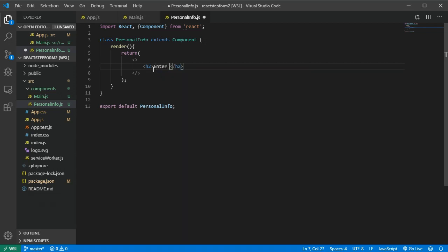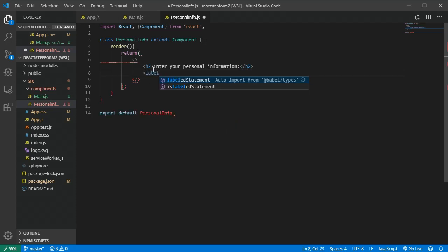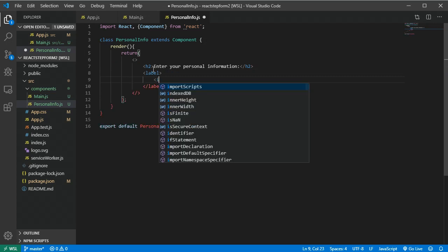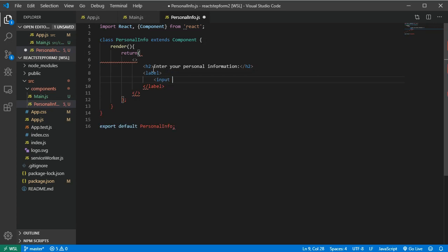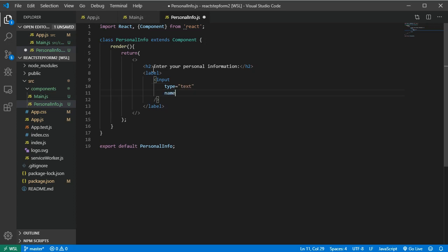So we'll have enter your personal information, and then below we will have a label, and we will have an input type text, name, first name, and there's gonna be a placeholder, first name,